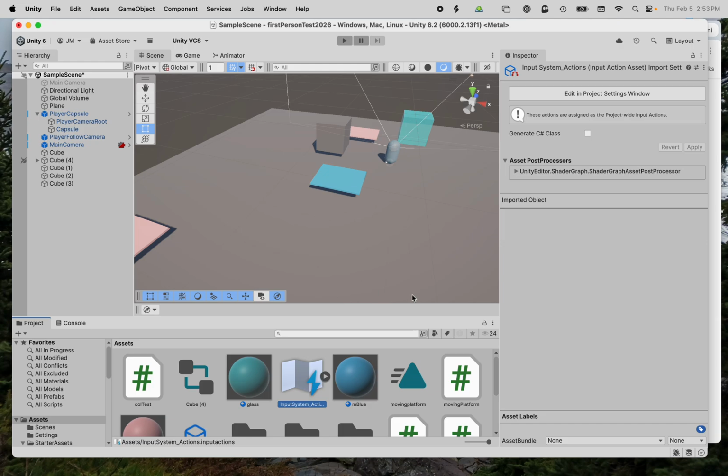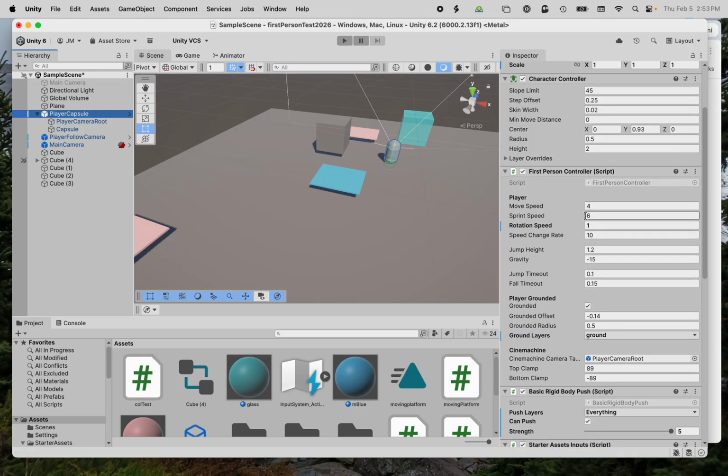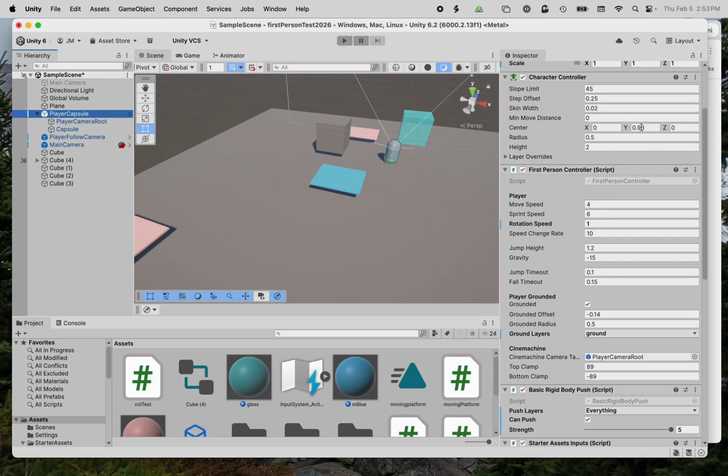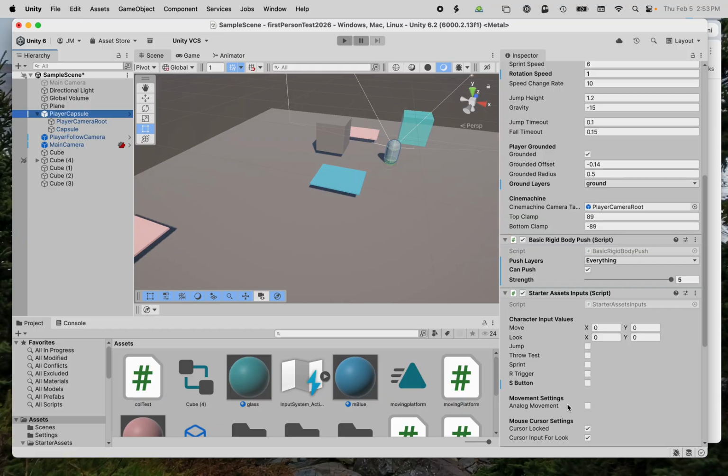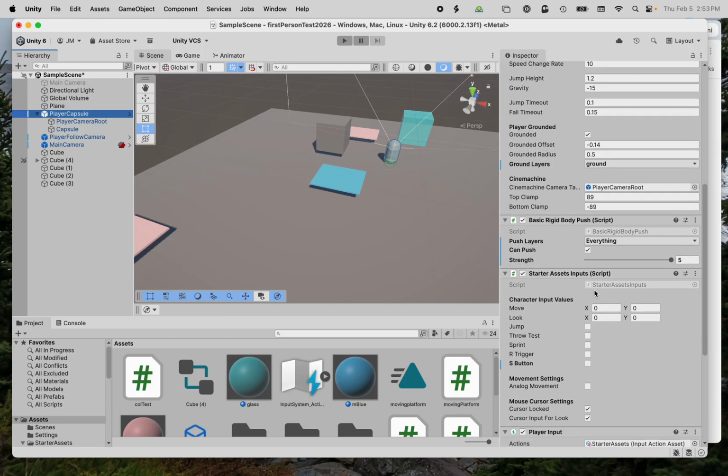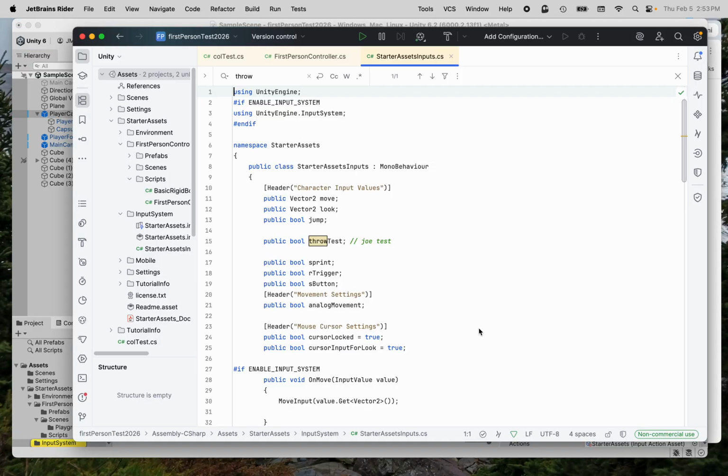Now you could write your own script that just gets that letter T, but let's work within the paradigm of what they have. And so for them, they have two scripts. One is handling the actual controller, and one is doing the actual starter, communicating with that starter with the input system. So let's start here with the input system,